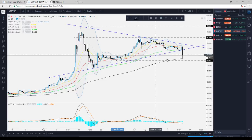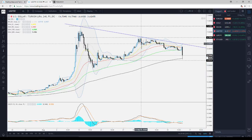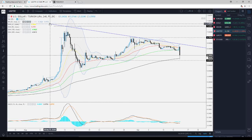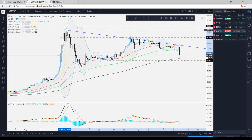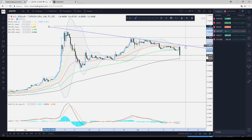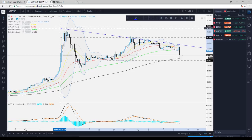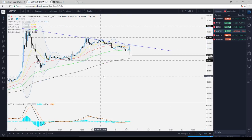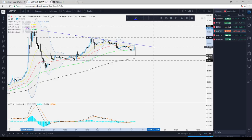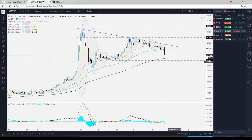Now, of course, we can probably get rid of this line here because it's no longer relevant, but the one that's really more relevant will be this line right here, the downside resistance line that's running from this peak that we saw here in mid-August. Let me just quickly adjust this line here, it's kind of skewed a little bit. So until this line remains intact, we're probably still going to stick to the downside, and we're going to aim for lower